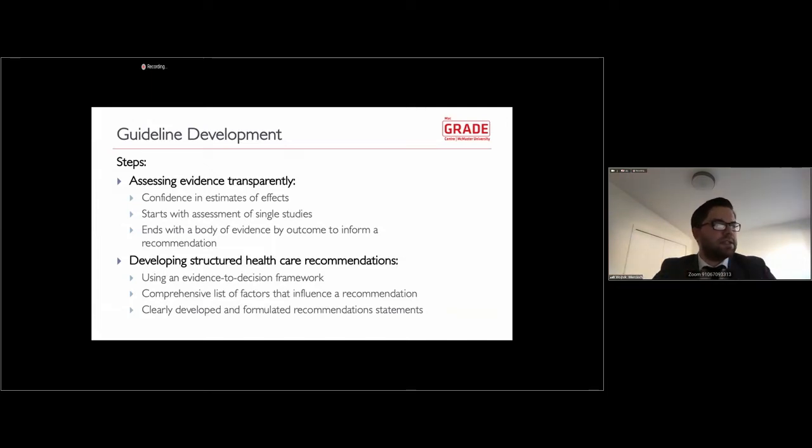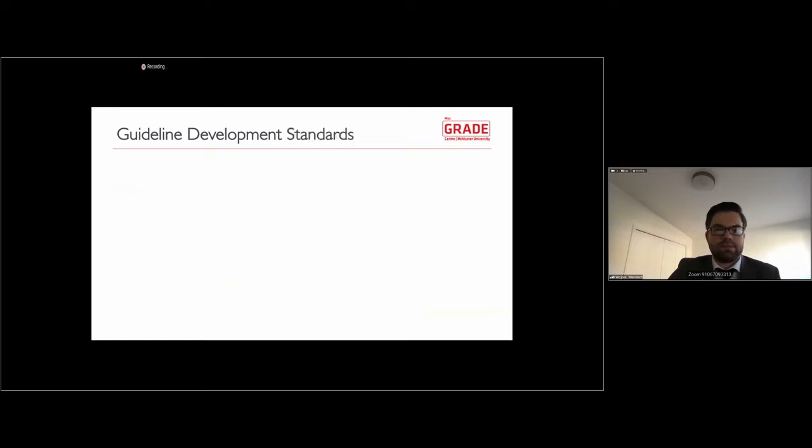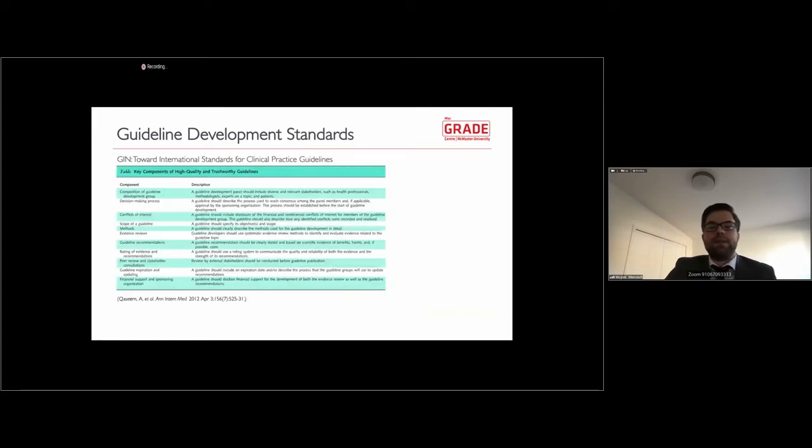So using an evidence to decision framework, we consider the criteria and factors that would influence recommendation, and we seek to end up with clearly developed and formulated recommendation statements. This over time has led to the development of guideline standards, such as those from the Guidelines International Network, shown here,